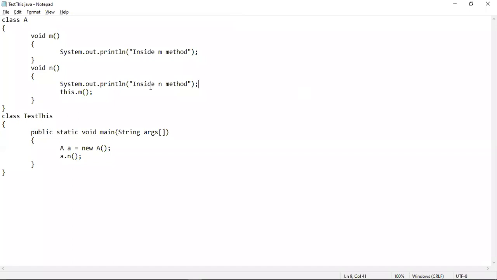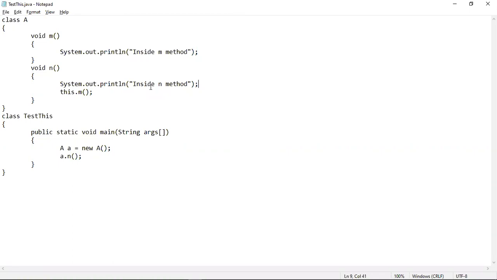This program demonstrates the use of this keyword, where you will see that this keyword is being used to invoke the current object. You have already seen the use of this keyword which will invoke the current object, and this is a redundant use of this keyword, as I have already explained in my previous lectures. But in that case, you have seen how this keyword can be used in order to invoke the current object.